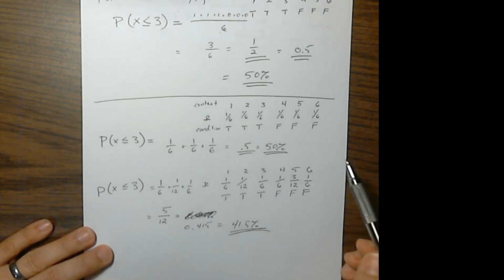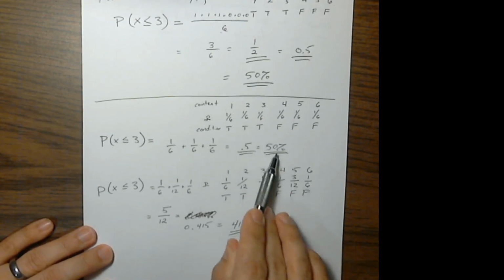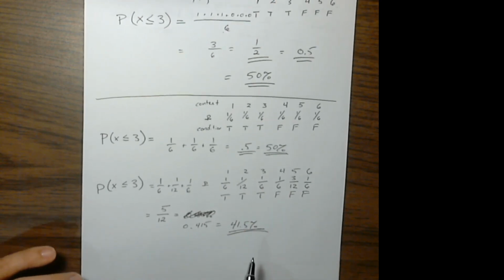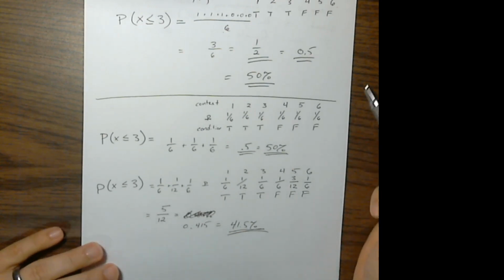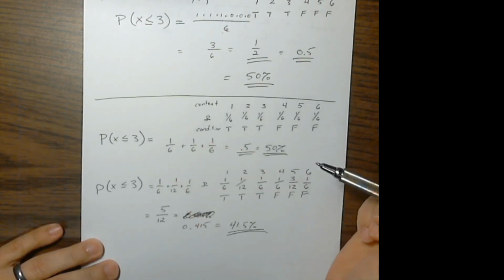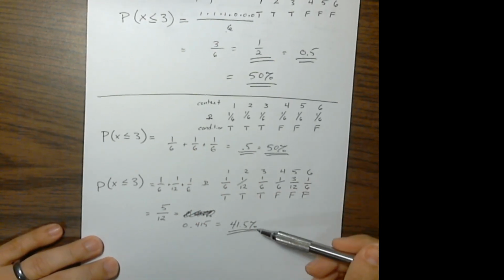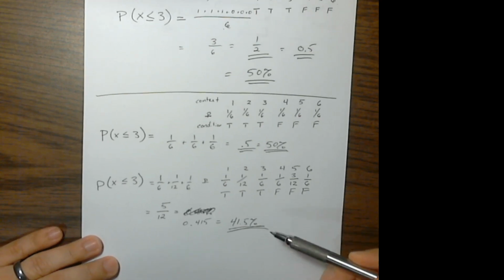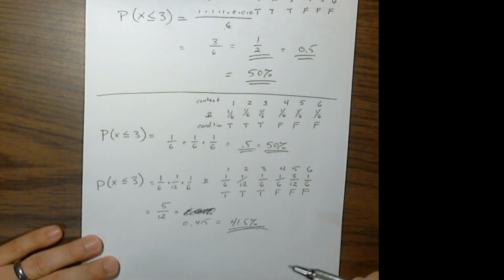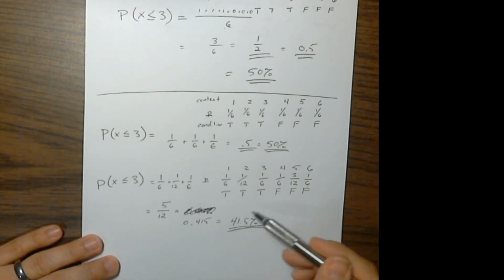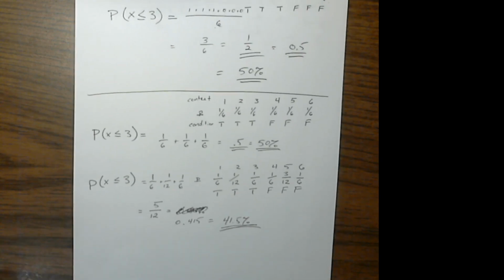So you can see that by changing the context, we've decreased the probability of this being true. What that means is, if we have one roll of the die, what is the chance that we are less than or equal to 3? Here it's even odds. Basically, you could have the same outcome with a coin toss. But here it's actually much more complicated than that, and it's less probable than even odds. In fact, more cases will come up greater than 3 than will come up less than or equal to 3. That's what we determine here. Okay, so that gives you the idea of probability.